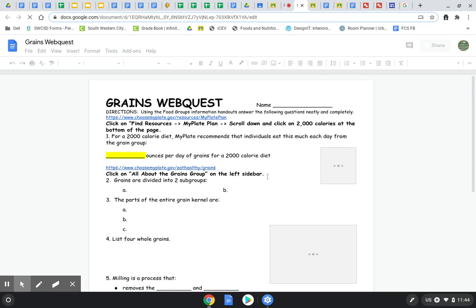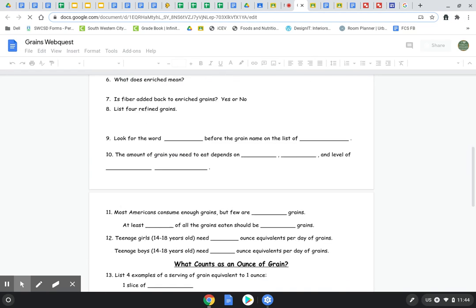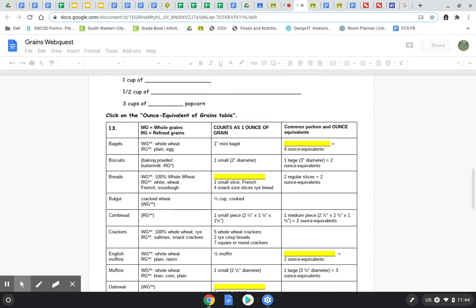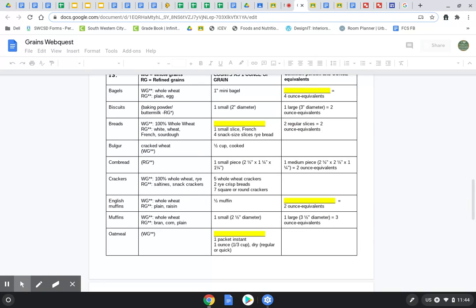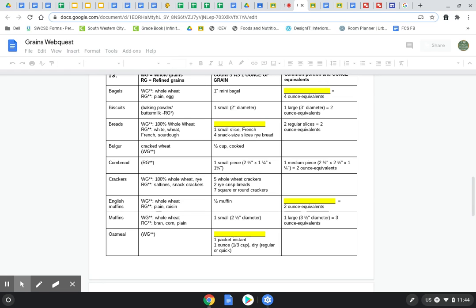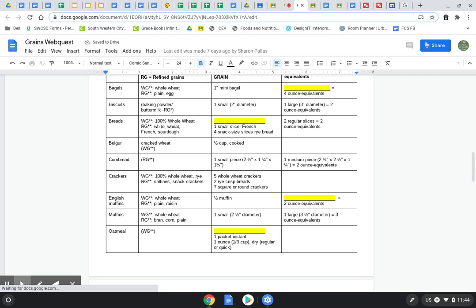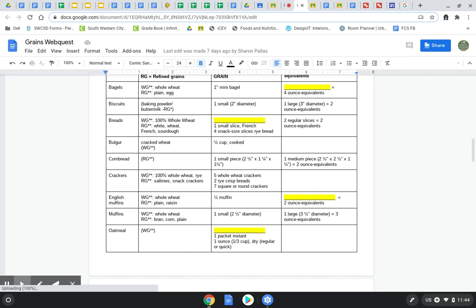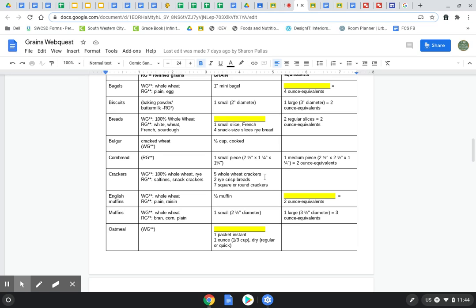chart. Now, if you wanted to, you could open this information directly on the MyPlate website. Okay, you would not have to open the web quest. You could just look at the website, and then you could go back and forth from one food group to another. But some people just find it easier to look on the chart that they've already used on their web quest.